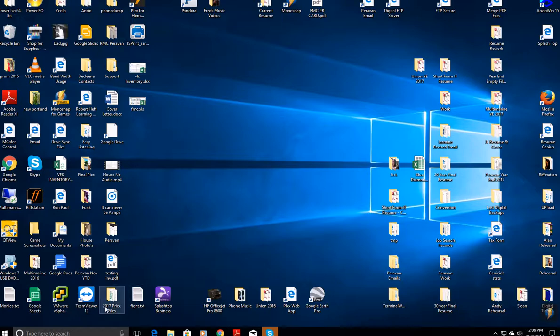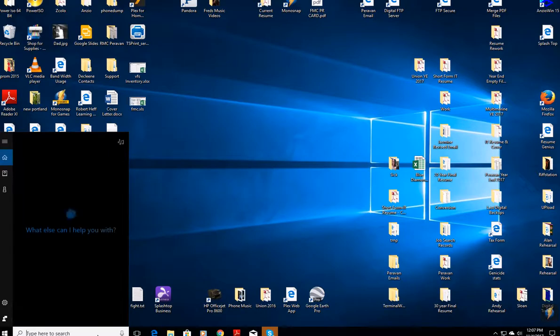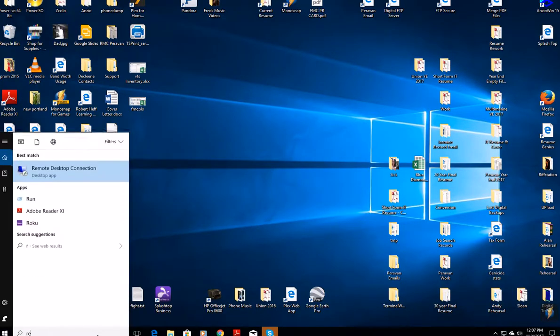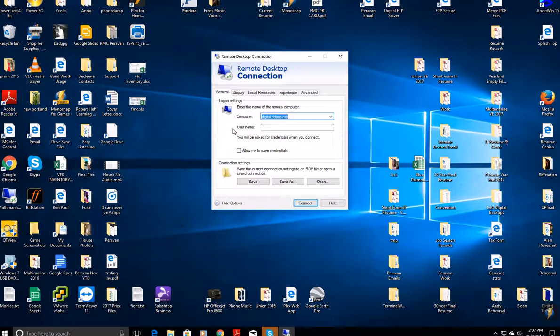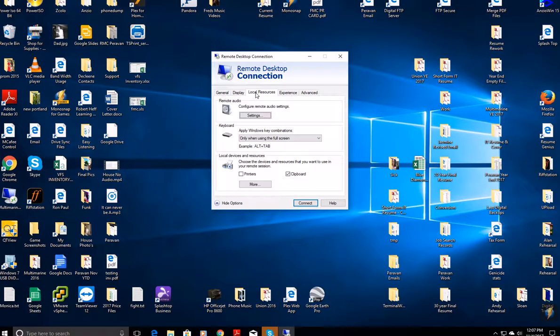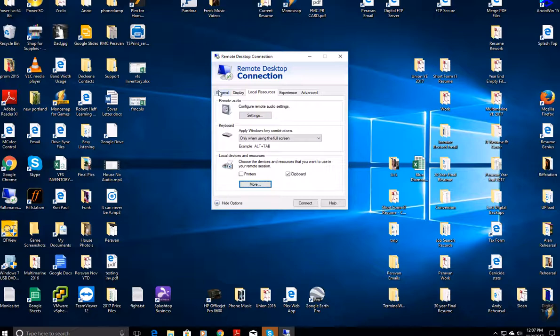So, let's get started. If we go to your Start button, mine already shows here. We're looking for remote desktop. And if it doesn't show up on your screen, go into your search window down at the bottom here and just type in remote. And you'll see it right there. And we want to go to show options, go to local resources, make sure your printer is unchecked, click on more, and remove the checkbox off of your drive. That being said, we go to general